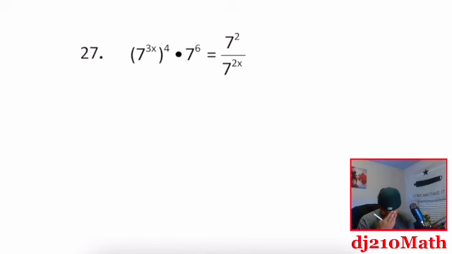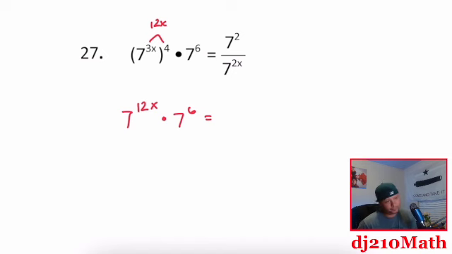27. All right, this looks crazy, but I promise it's not as bad as it looks. First thing, let's just start working it. On the left-hand side, we have a power raised to a power. So this is 12x. So 7 to the 12x times 7 to the 6th power is equal to, all right, on the right,